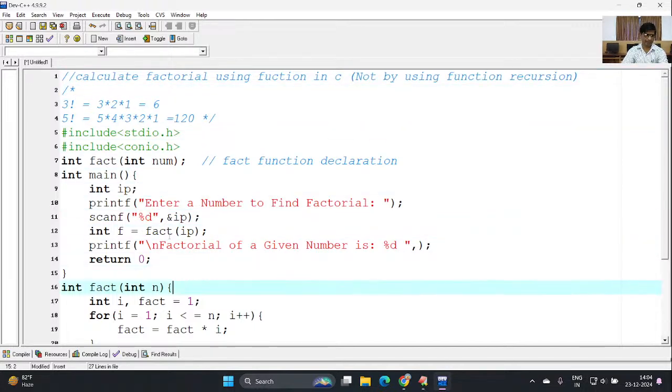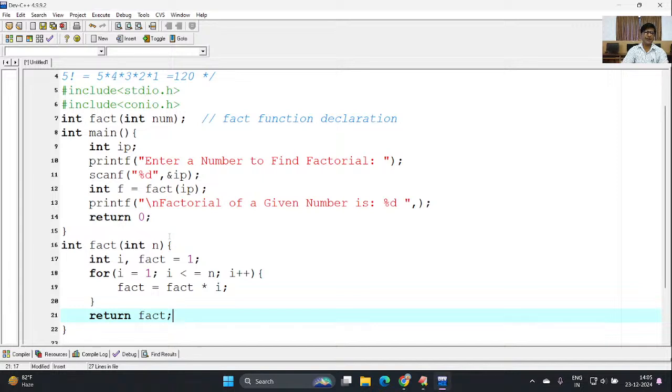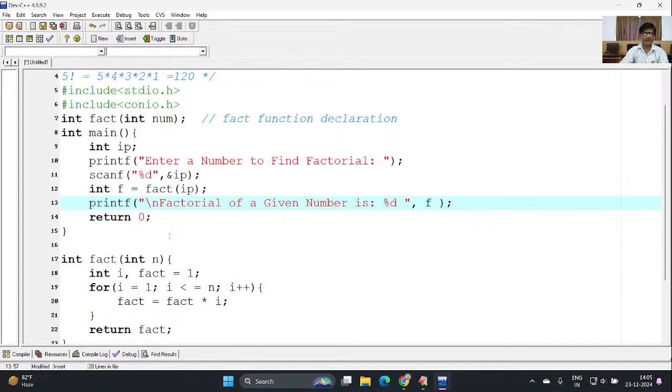I made a normal function. So integer fact. Fact is equal to fact into i. So perform the factorial until i reaches 5, so i less than or equal to n. And return the factorial. Whatever value fact returns will be assigned to f, and simply here I'm printing f. And once your function gets executed,